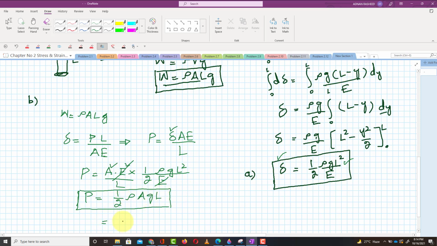And also we know that this is rho A G L, which is the weight of the cable. So if I put the weight of the cable, it will be equal to half of W. So half of the load is applied when the cable is horizontal, and the same elongation is obtained, where the total length of the cable is L, when a force of half of the weight of the cable is applied. So this was all about problem